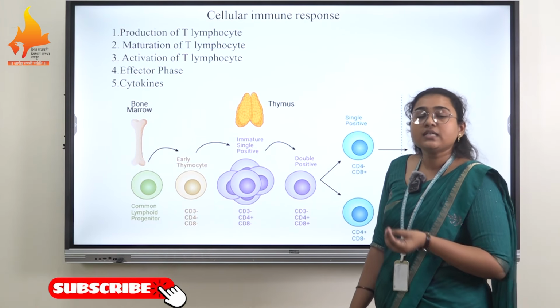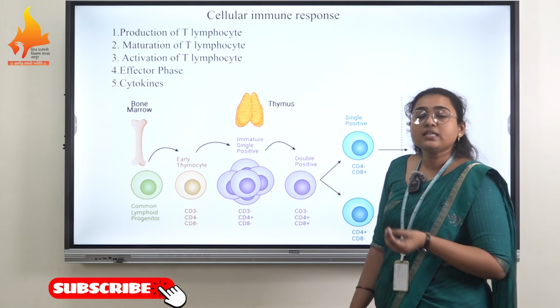Basically, the concept is about that. Next, maturation of a T lymphocyte takes place in the thymus. When the hematopoietic stem cells generate the T lymphocyte, it migrates to the other primary lymphoid organ, the thymus. Inside the thymus, these lymphocytes are called thymocytes. These thymocytes undergo thymic education, and during the maturation process there is formation of pro cell, pre cell, and then mature T lymphocyte.